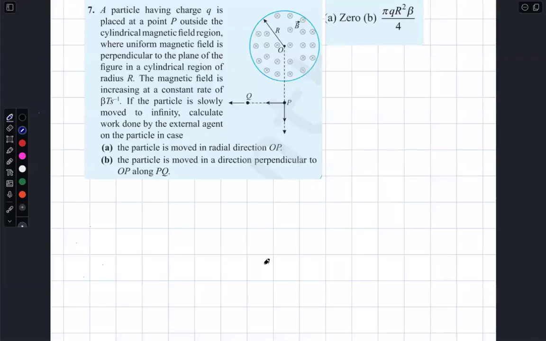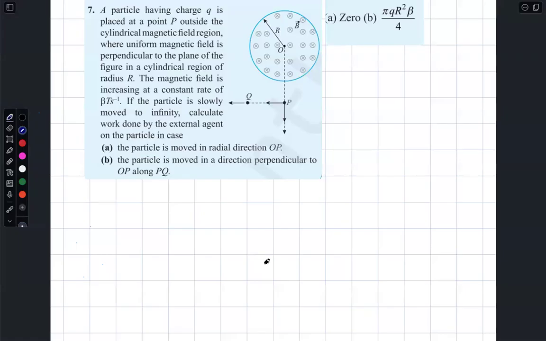This is a question that is repeatedly asked in our exams. A particle having charge Q is placed at a point P outside the cylindrical magnetic field region, where the uniform magnetic field is perpendicular to the plane of the figure in a cylindrical region of radius R. The magnetic field is increasing, right? They are moving in two directions, one along OP, the other along